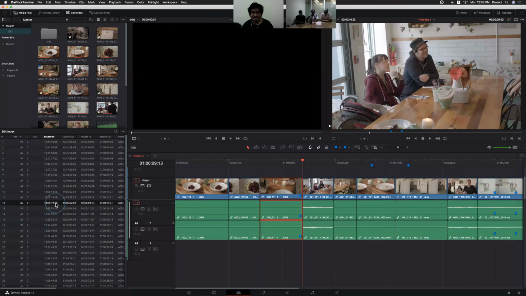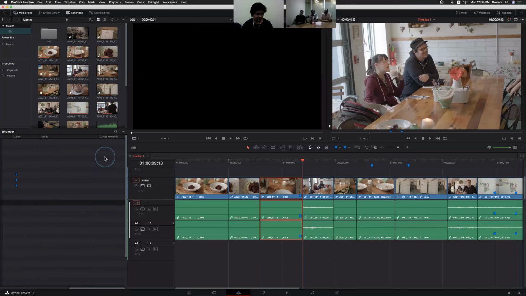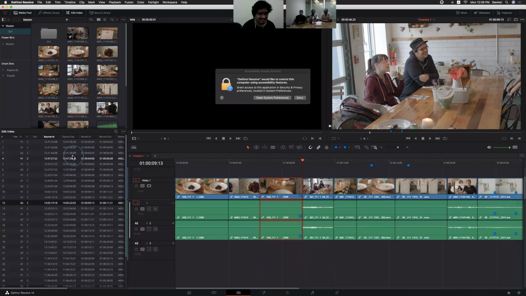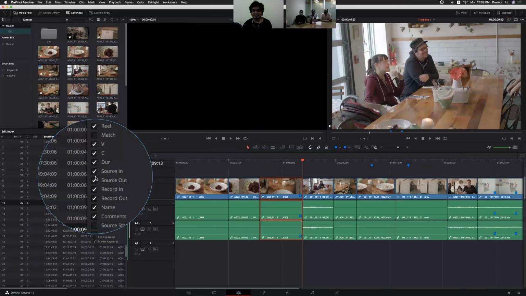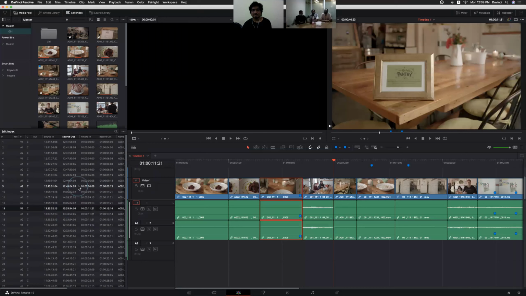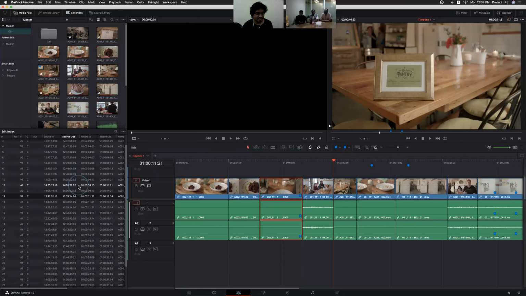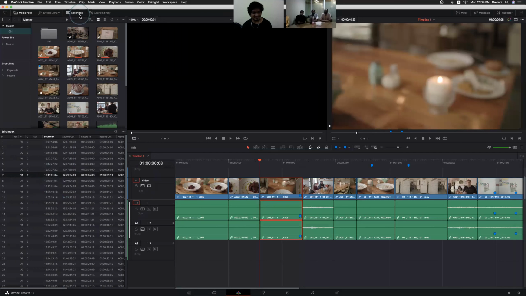Whatever clips you have used, it will automatically identify the track and everything. Here you can see the markers and even the keywords also. By right clicking, we can add the markers, keywords, and if you have any optimized media, it will automatically identify that particular portion. So if you want to identify a particular marker within your timeline, you can always use this edit index window.